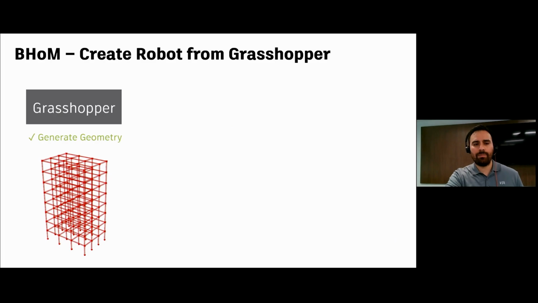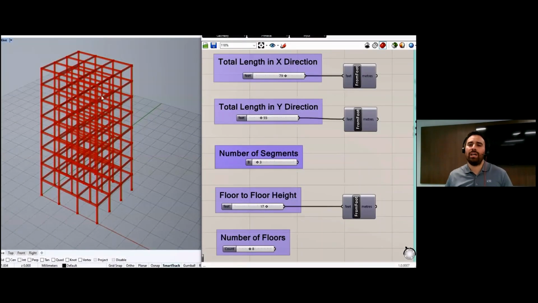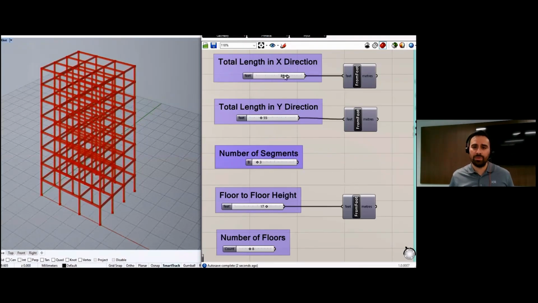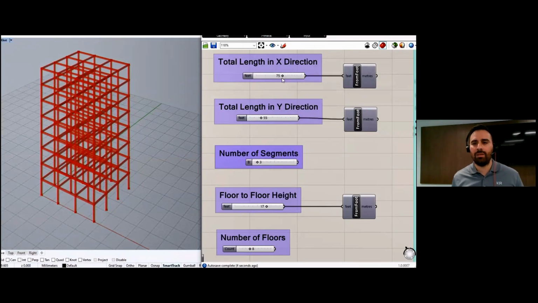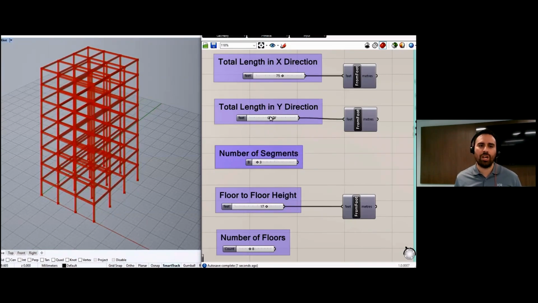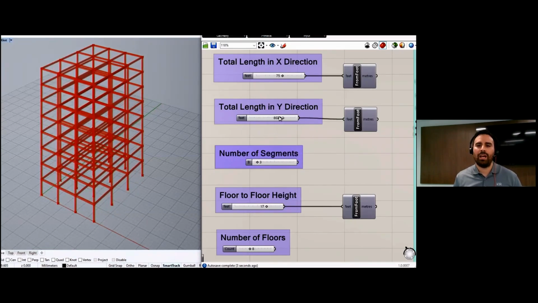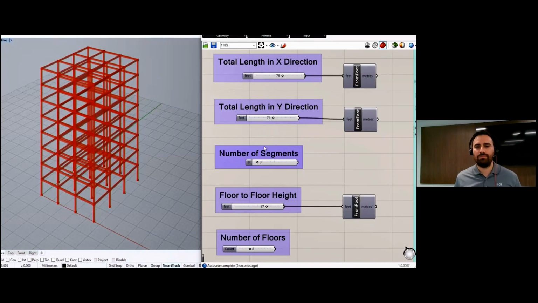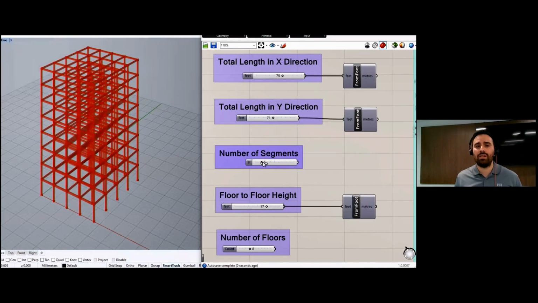All right, so first step, we're going to start generating our geometry. So here we are. We have our Grasshopper script. This is nothing more than geometry. So we're not talking about analysis. We're not talking about anything. Just a side note, the dataset is actually going to include all of these examples. So feel free to download them, mess with them, change them. And this script, again, is just geometry. So we got some lines and we're just changing the size of it in X, changing the size in Y,